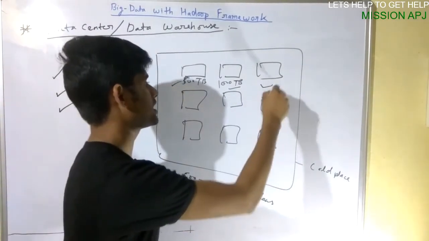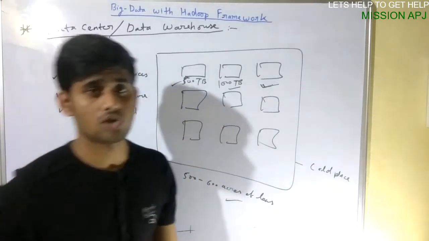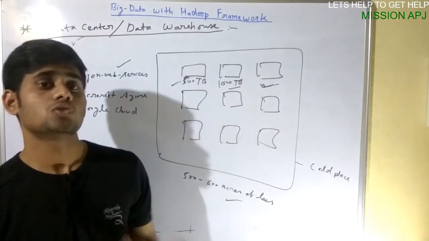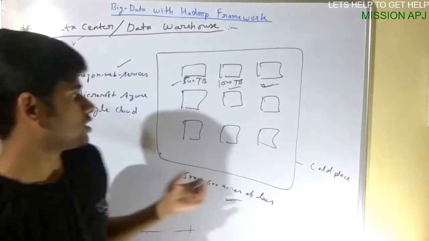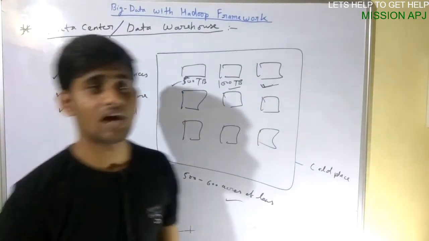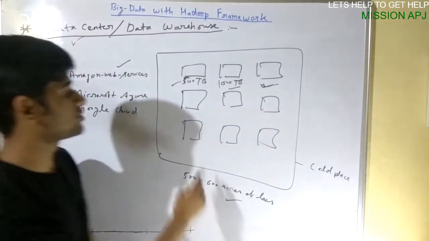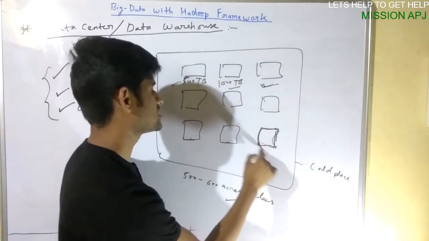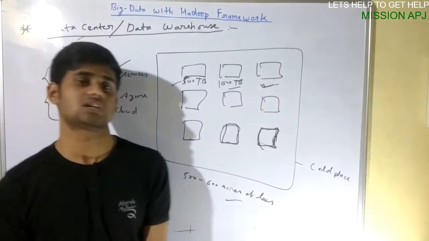Suppose this much of the hard disk has been used, but what about the rest? They are not going to utilize that. So what they do is provide services to different companies who are unable to have a big data warehouse. These companies provide services to store those amounts of data, so that their spare machines, that is hard disks, remaining idle, can be utilized for storing that data.